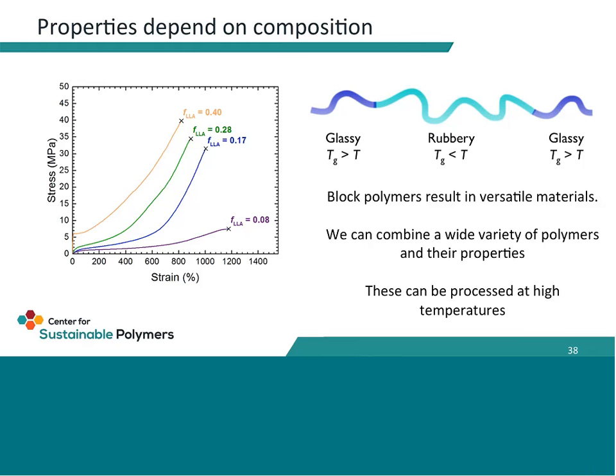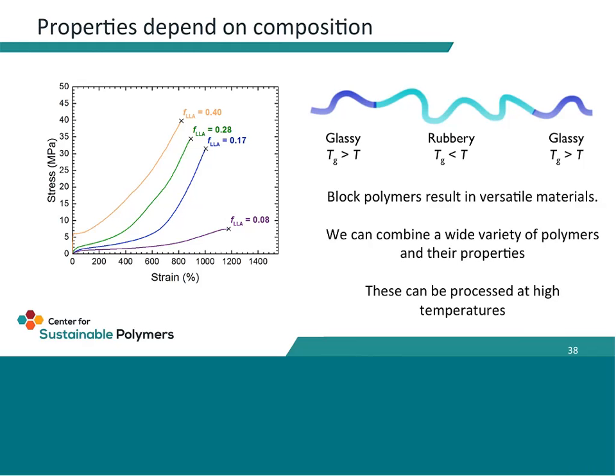And as you can see, if you look in the very, very low strain region, there's a steep curve for that 40% PLA material, and this is where the material will yield, and it is stiff, so you can feel the stiffness of the material